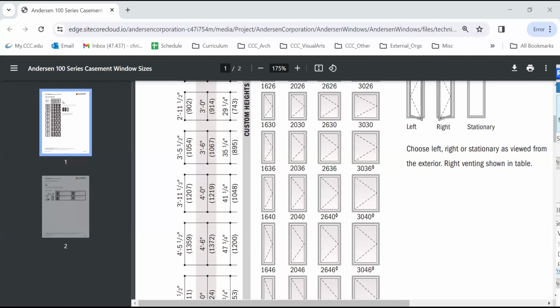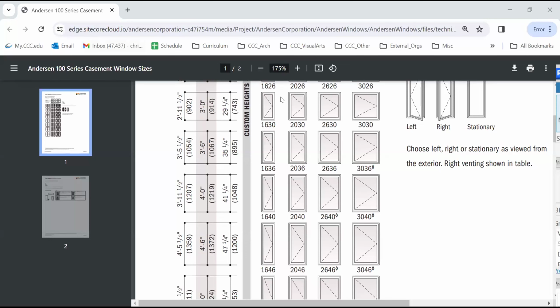So I'm going to measure this here. I need to add 11 1/4 inches to that dimension, this one right here. And that should be,